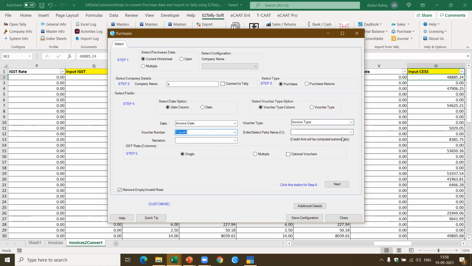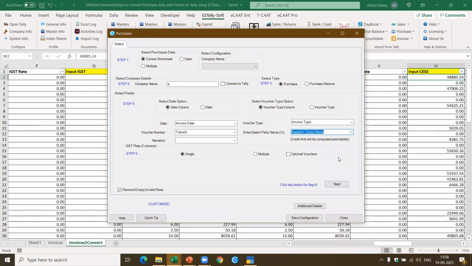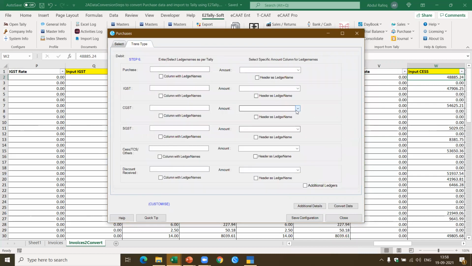Okay. Now, to ensure that you don't have these type of errors, I'll also show you one more technique which you can use. This is the supplier trade name. Okay. Now, if you see here something called save configuration. Now, if I'm going to use the same standard format all the time, I can just use the save configuration. This format will be changed. So next time when you open this type of worksheet, automatically the options of selection here will be directly done. So you don't need to go and do the selection again and again.